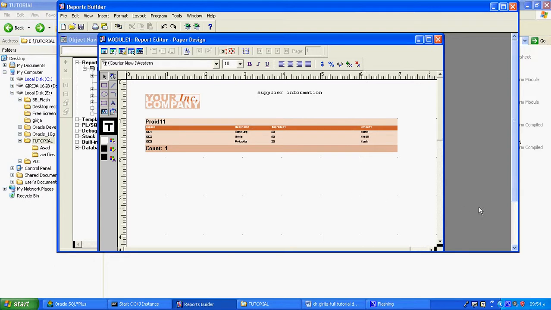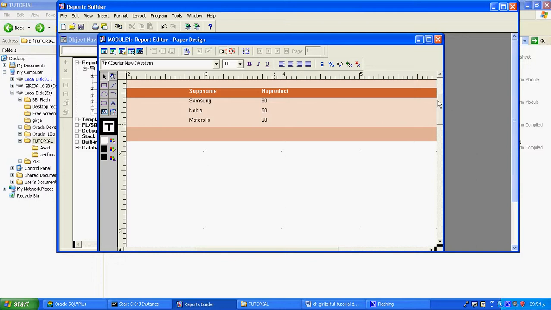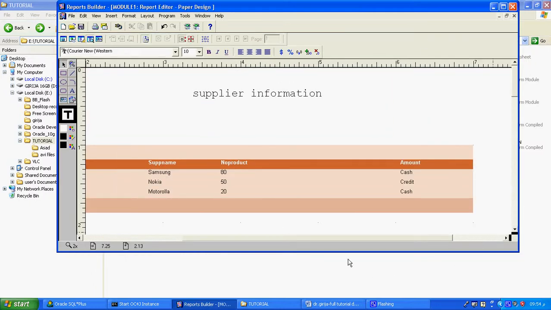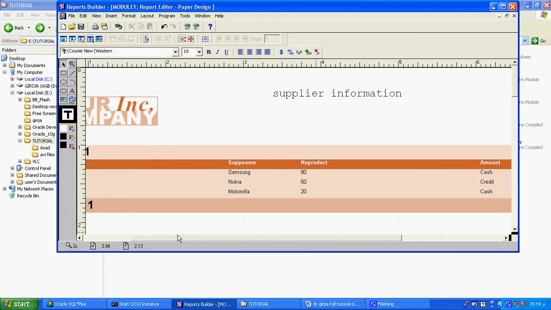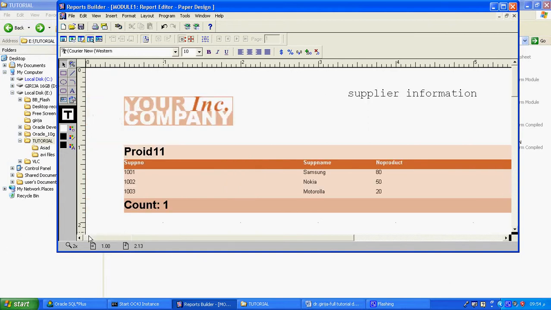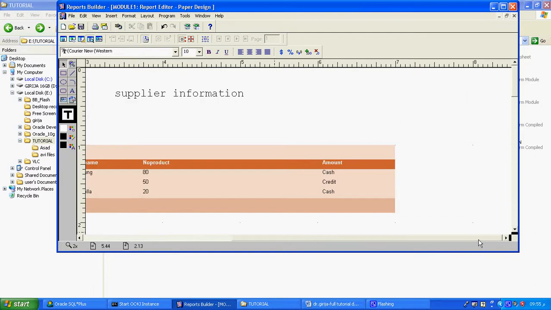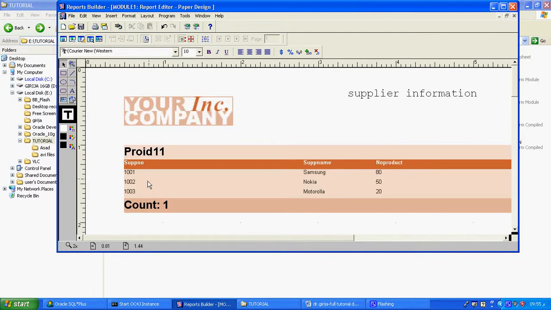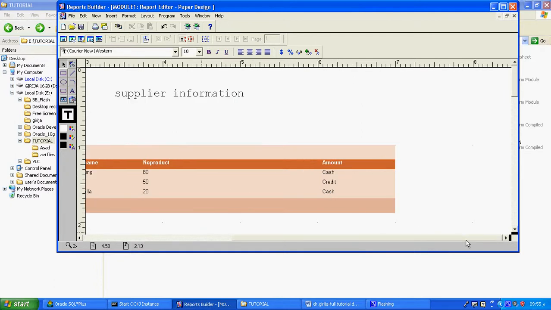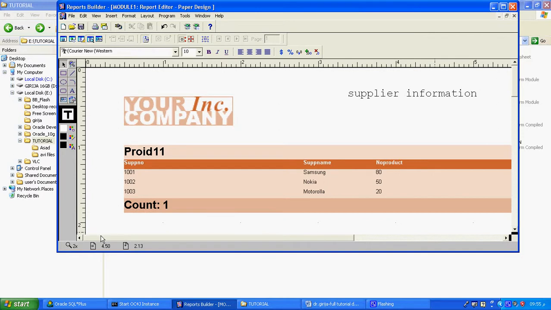I will use Control plus and increase the size. You can see how many things are coming here. You can see here only 3 records coming, not the 12th. So I can use the counting. This product ID is only 1, so that's why I make it a group. If I make it supplier number, then it will come as 3 here. Suppose I make this supplier number, then it is 3 columns here. So again you can see supplier information using the parameter. What I did was give the parameter at runtime, and based on the supplier I can get it.